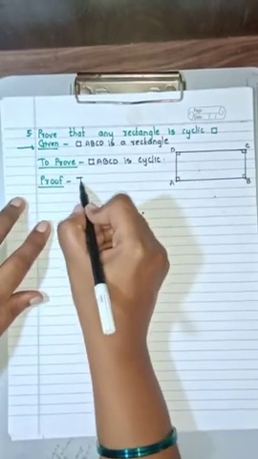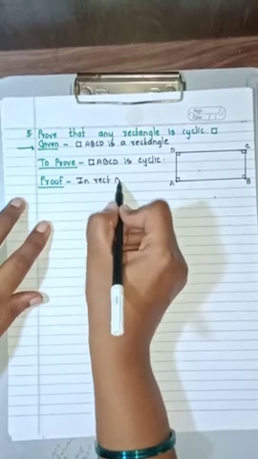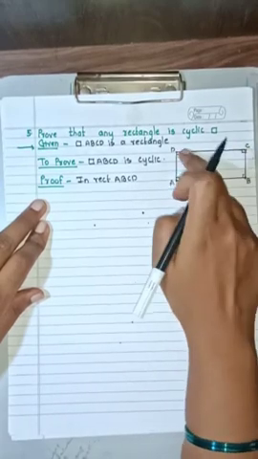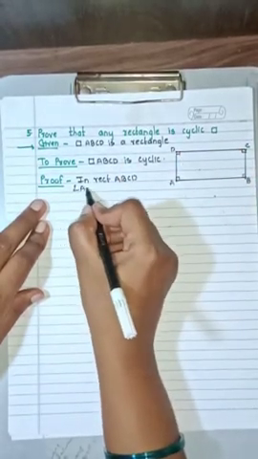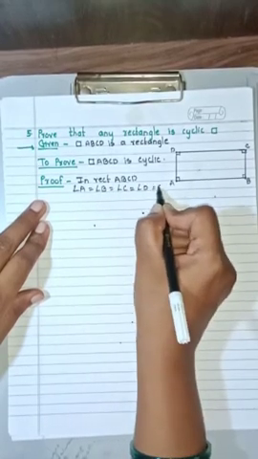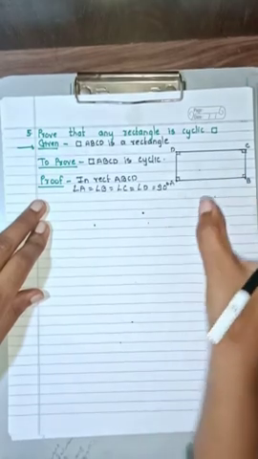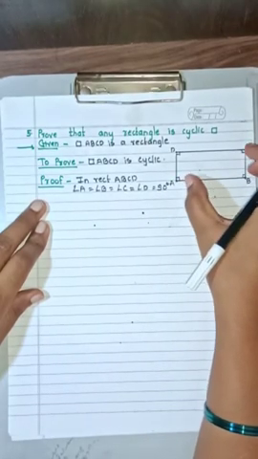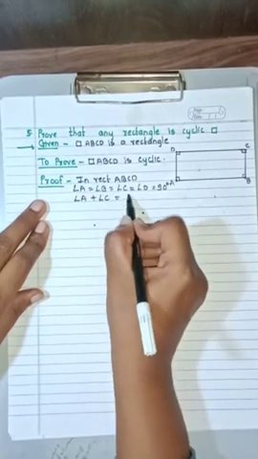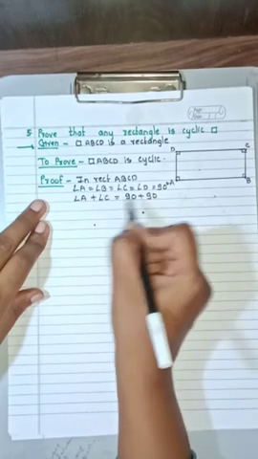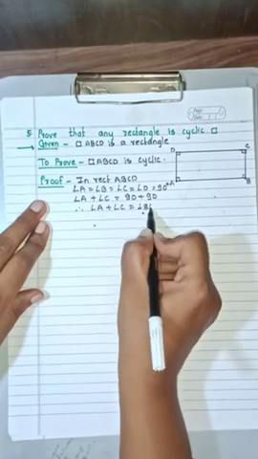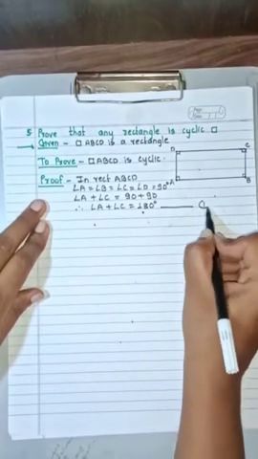Okay, so in rectangle ABCD, if you see angle A, angle B, angle C and angle D, they are 90 degree. Angle A is equal to angle B is equal to angle C is equal to angle D is equal to 90 degrees. Okay, now if you add opposite angles of this rectangle, that is angle A plus angle C is equal to 90 plus 90. Therefore you can write down here angle A plus angle C is equal to 180 degree. This is your equation 1.